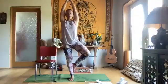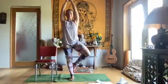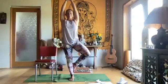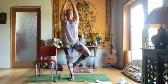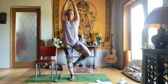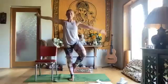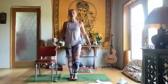Steady breath. One more breath. And then exhaling, hands come down, knee draws into the center, and then step it down, feet together, legs together,